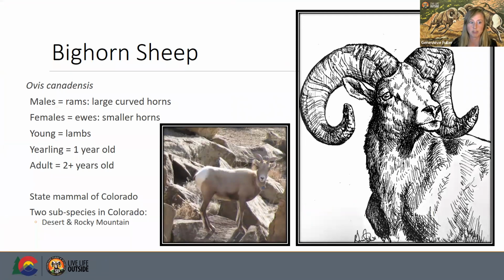we call those rams. They're the ones with the very large curved horns. Those horns are actually made out of keratin, which is the same as our hair and our fingernails. They don't shed these horns like elk and deer. Elk and deer have what we call antlers. Those actually fall off every year, but the horns on bighorn sheep stay on them and grow a little bit